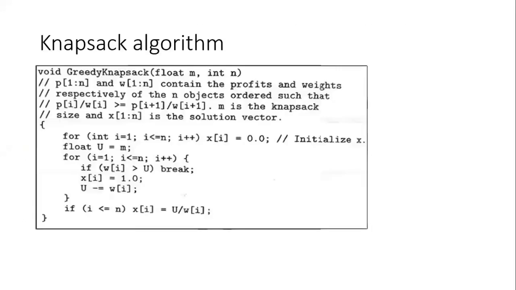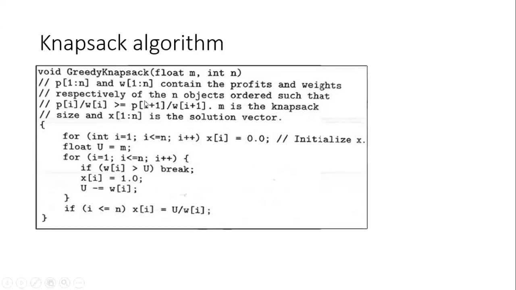Now this is a greedy algorithm for the 0-1 knapsack. So what do we have? These are the M and N, that is the number of items, and the maximum capacity will be the input. Then I have the profit of each item from 1 to N and weights of each item 1 to N. Next I have to check if P of I divided by W of I is greater than P of I plus 1 divided by W of I plus 1. This is the condition. So I have to order them. I have to find out Pi by Wi and order the elements in ascending order with respect to Pi by Wi, and M is the knapsack size.